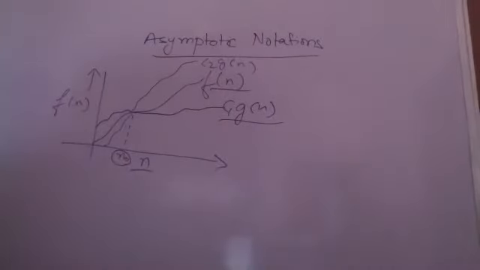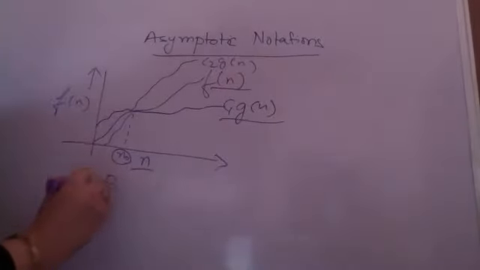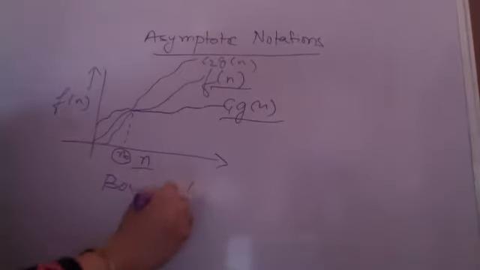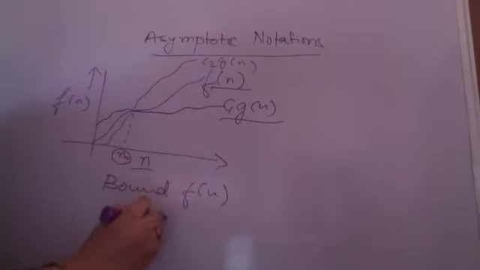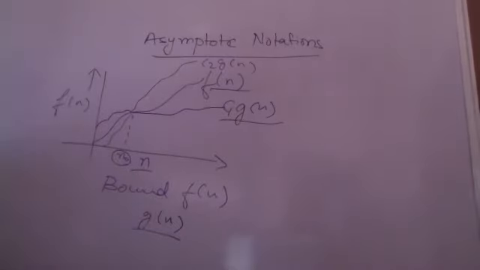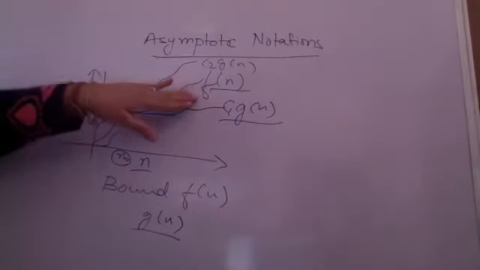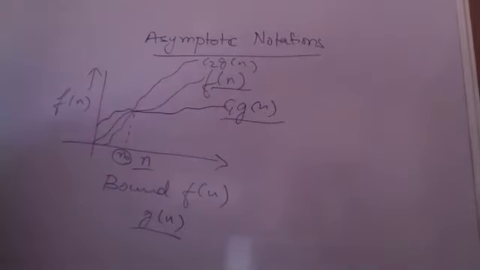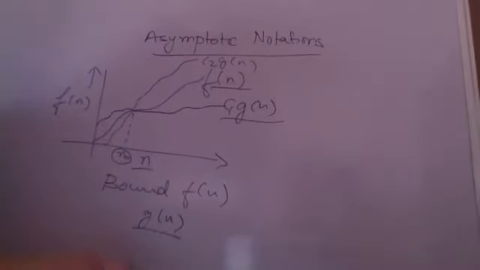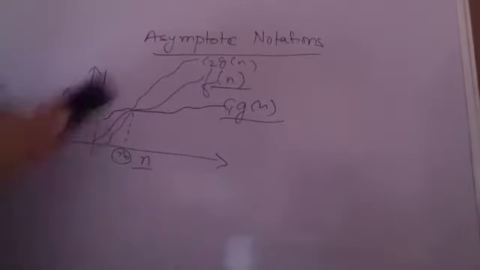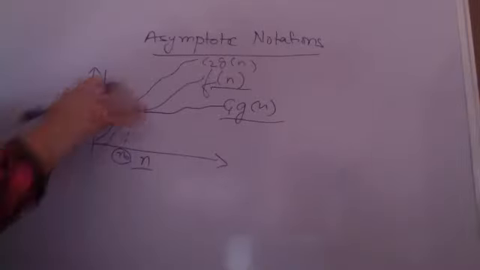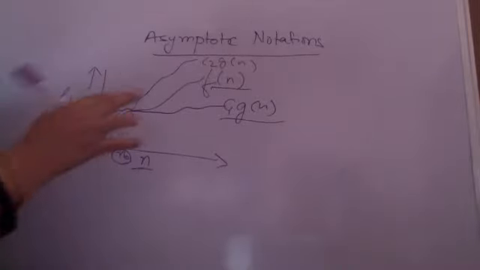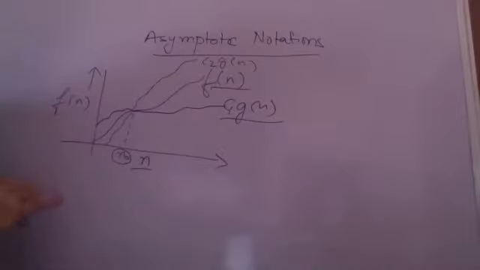So what is happening is I am trying to bound the function f of n by the function g of n in some terms. Now in case g of n is above f of n, then it is an upper bound. In case g of n is lower than f of n, it is a lower bound. The basic meaning is that. So if I officially give you the definition, this is an example where g of n is a theta bound on f of n. It is bounding it strictly in between.